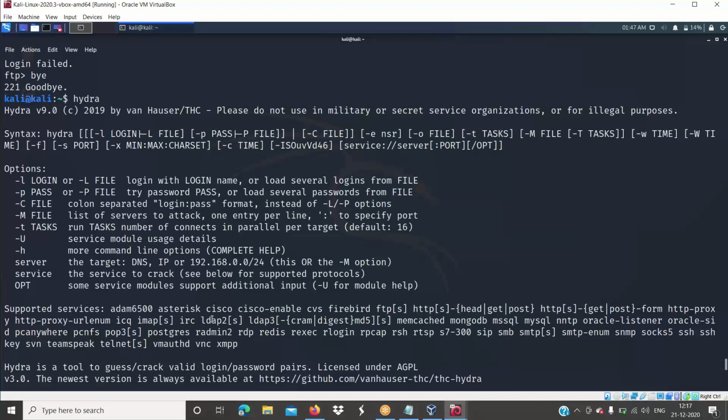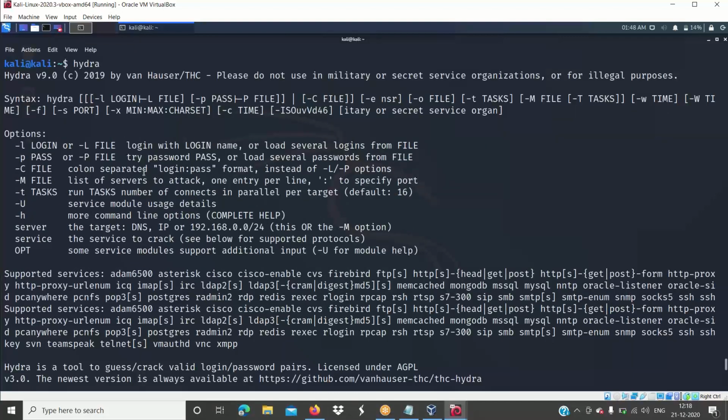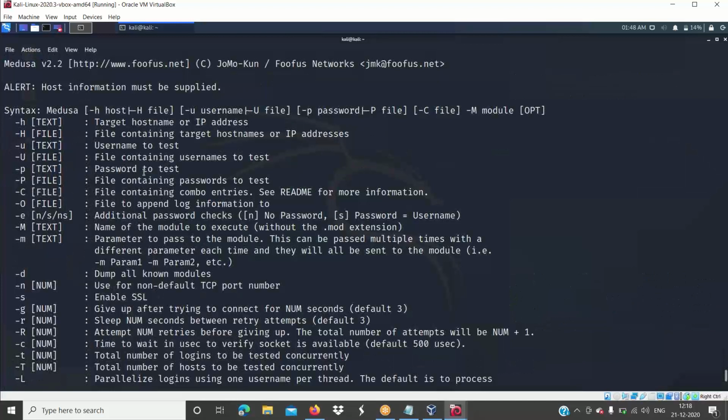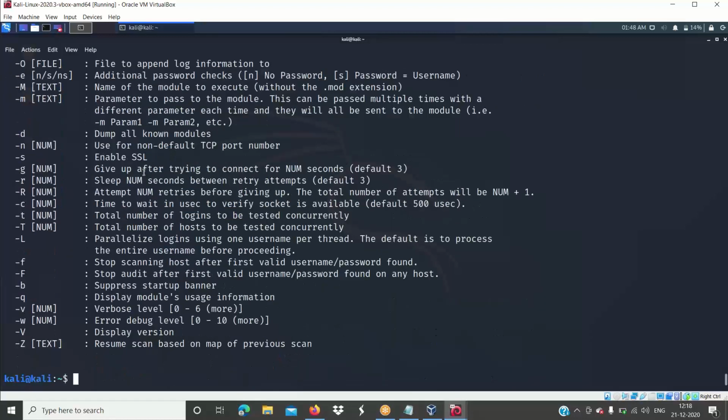Before using this Hydra tool, I'll try to create my own word list, because I don't want to go with a very, very huge word list, and I don't want you guys to wait until it gets completed. So I'll first create my own word list.